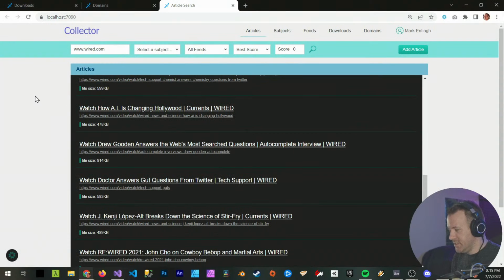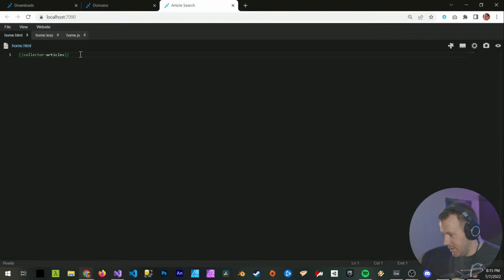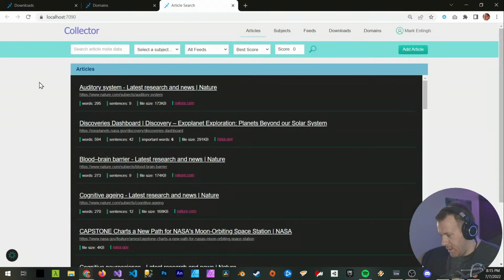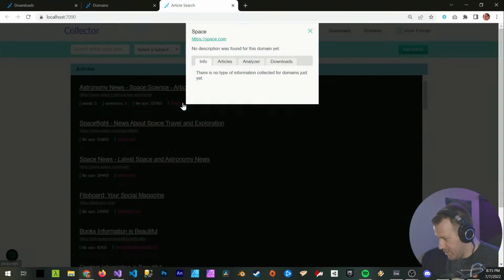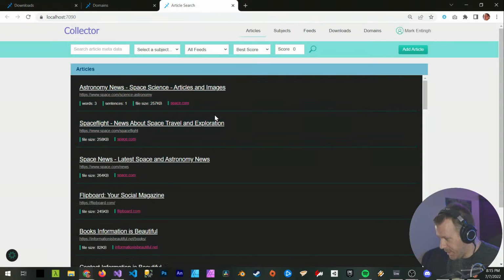Next thing we got to do is add the domain component to our page, right? So let's just go in here, add collector domain. We're gonna add that to the top. There we go. And let's see if that works. Nope. Let's refresh. And there it is. So if I type in wired, for example,